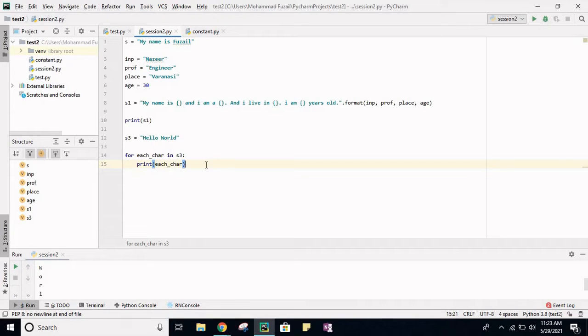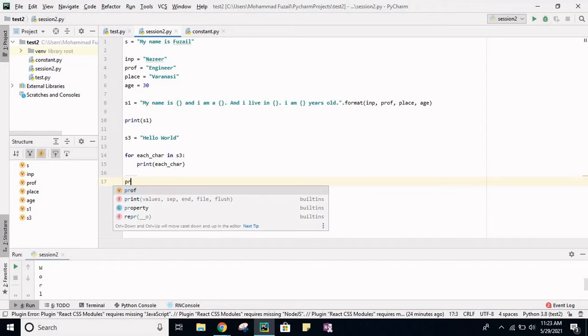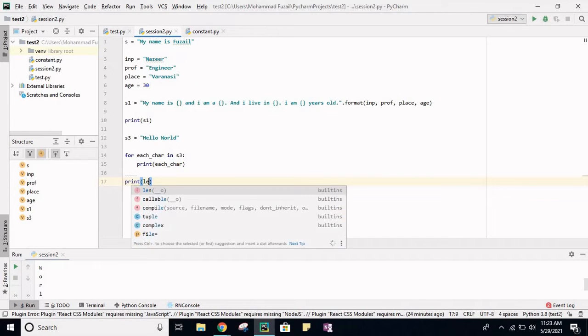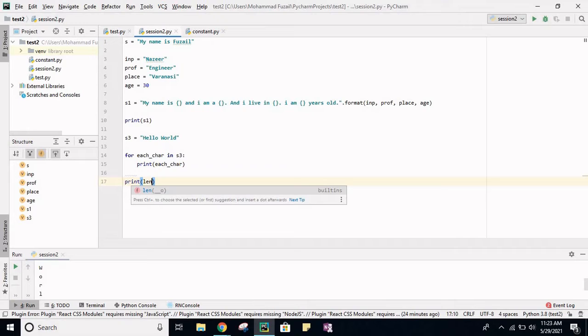Okay, now each iterable has a length of characters or elements. So to check exactly the number of characters in a string, we use a function called length. If I want to print the length, len is the calling name of that function.